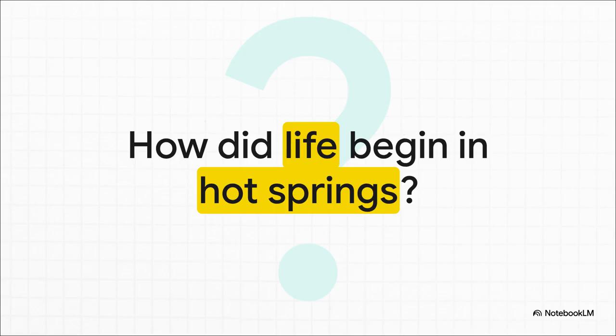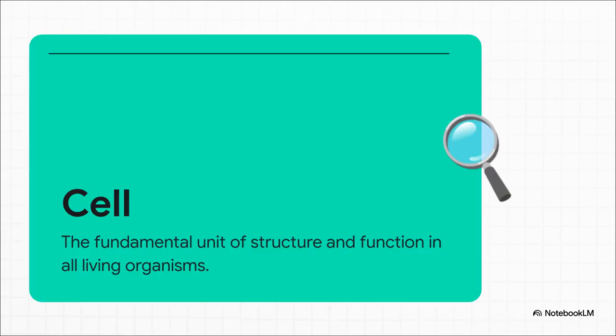Well, they found these rapid formations of calcium carbonate deposits. And it's highly likely that these rocky deposits actually protected the very first fragile organic molecules from harmful radiation and extreme weather. They basically helped form the very first protective boundaries. And those boundaries, yeah, they are exactly what allowed the first heat-loving bacteria to even exist in the first place. So that primitive protective boundary, that was literally the birth of the cell as we know it, the fundamental unit